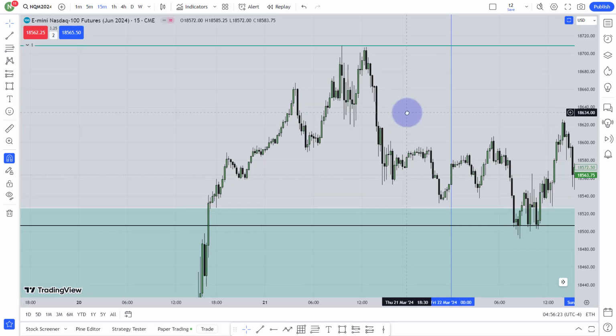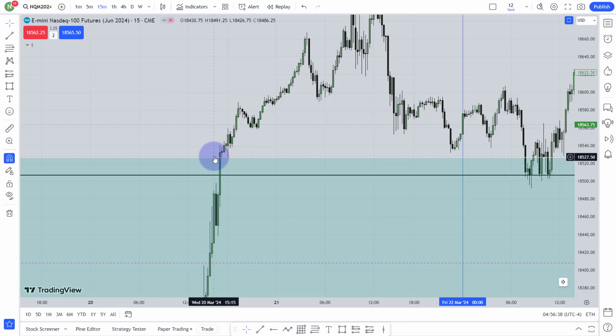Now from the daily chart, I know my bias is bullish. I'm going toward that buy side liquidity. So I will mark any fair value gap over here so that price can go over there, then it can go toward that buy side liquidity. That's my interest. So over here you can see this is the last fair value gap